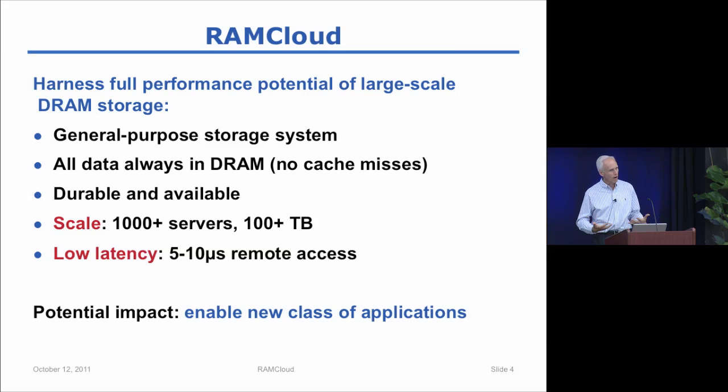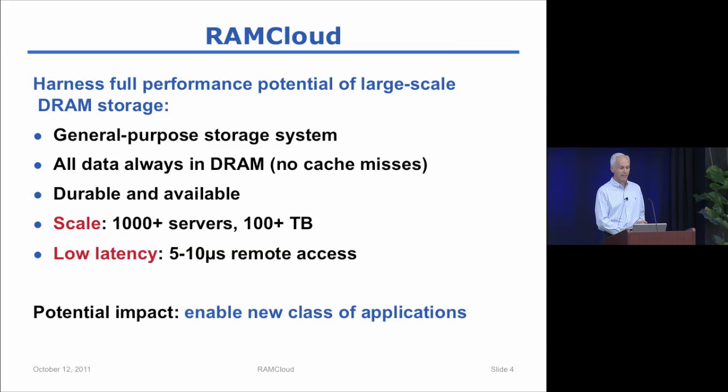We're trying very hard not to make any design decisions that would keep us from getting to at least 10,000 servers in the system. We haven't actually tried to get there yet, so we've probably blown it in some respect we don't know about. But our design goal is to have thousands of servers, hundreds of terabytes of storage in the system today, and in the future, significantly more than that, potentially petabytes of storage, all in DRAM. So scale is the first thing.